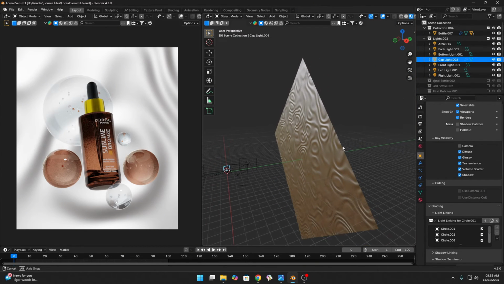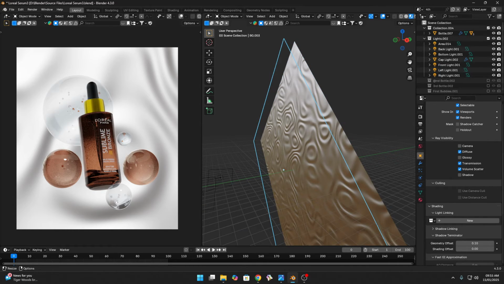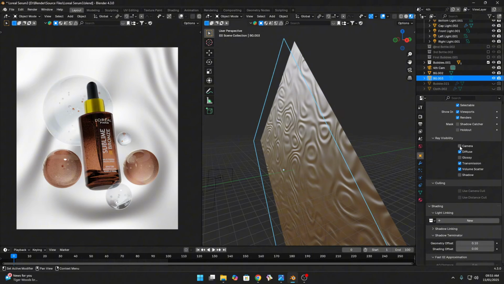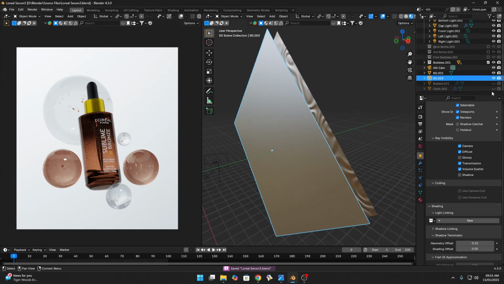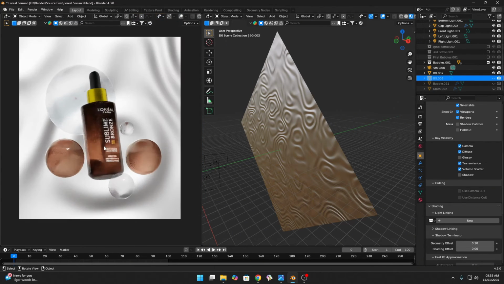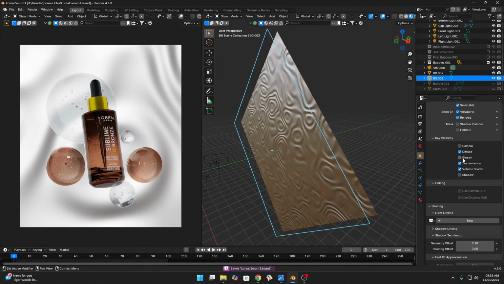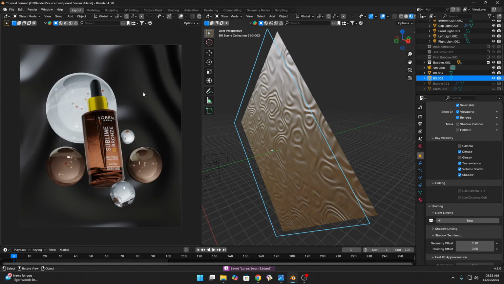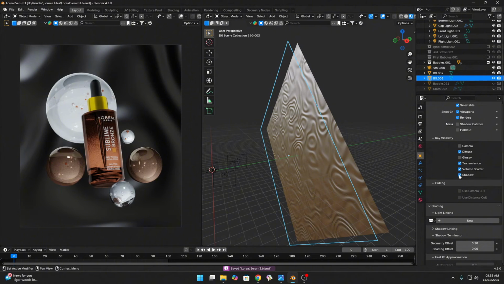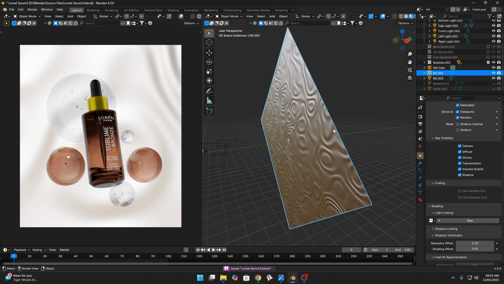Here you see only one background, but there are two planes. One is this and one is here. The second background I add, if I turn on the camera, is a simple plane. If I turn this off, you see textures on the bubbles. It looks abstract and beautiful, but I didn't want it on the bubbles, so that's why I add this plane with the camera unchecked so it isn't visible. I also turn off shadows because they affect the background color, and I turn off glossiness because it affects the visibility of the background.